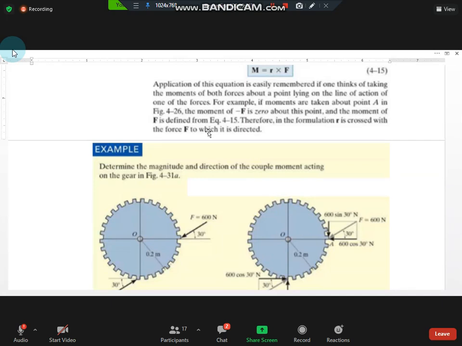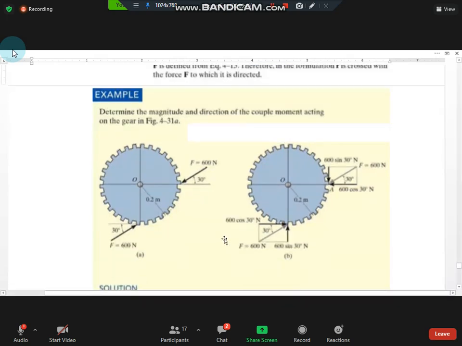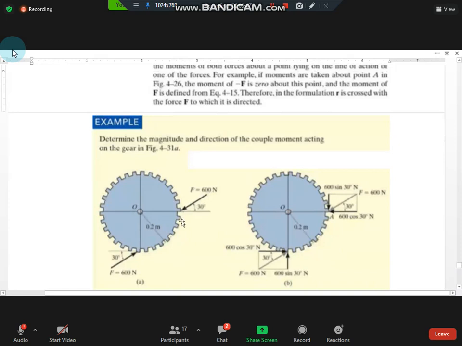Now what situation do we have over here. Look at diagram A, for example. 600 Newton forces are applied on the cog. These are called cog wheels. The plain wheels are those where there are no such grooves created at the end of the wheel. So mostly